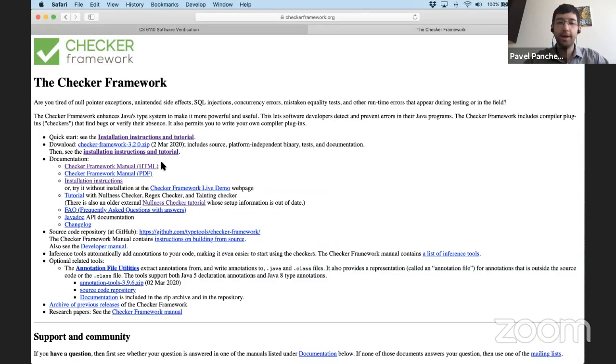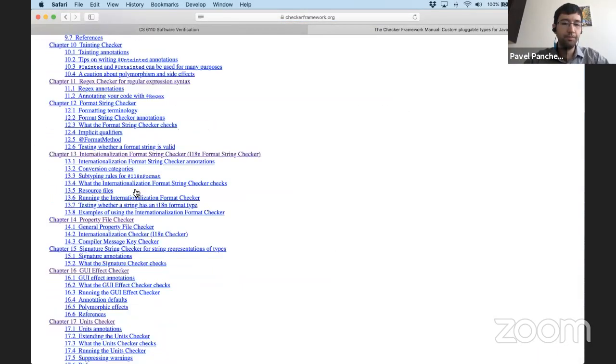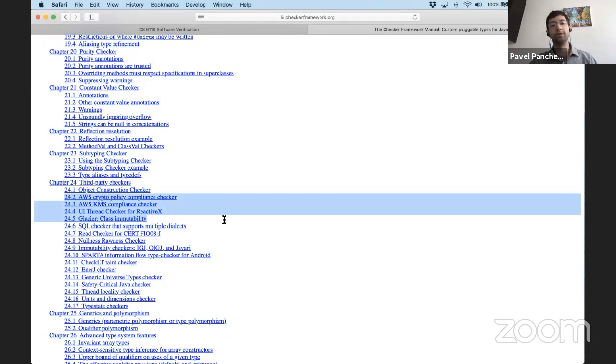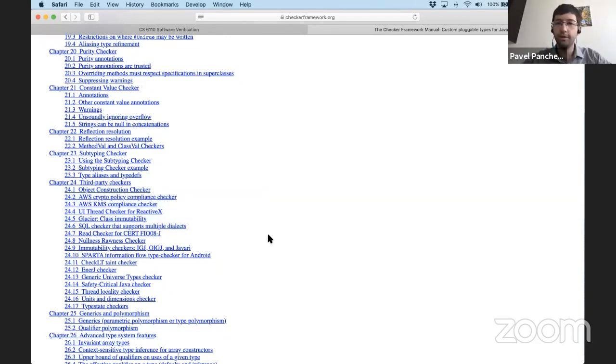It plugs into the compiler, and you can run this on Java code that you have. In fact, it's being used by large companies. If you just look in the manual, you'll see references to checkers developed by, for example, Amazon, which uses the checker framework fairly heavily, as well as other tools. Can everyone hear me fine, by the way?